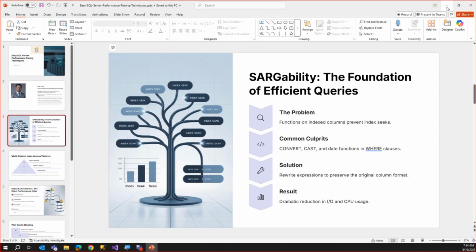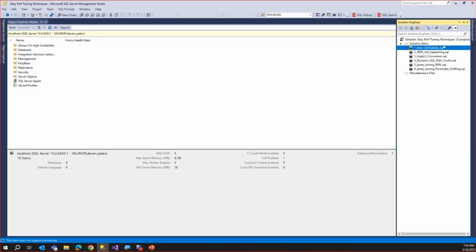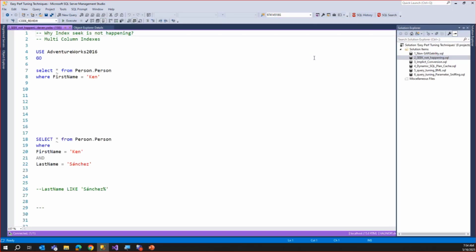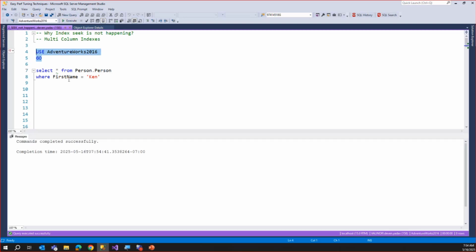So let's go to the next example. Many times a customer or a peer DBA says, I have a query but the index seek is not happening. So in the current demo we have a simple query which is running on the Person table. It's reading the first name from the Person table. So if I run this,